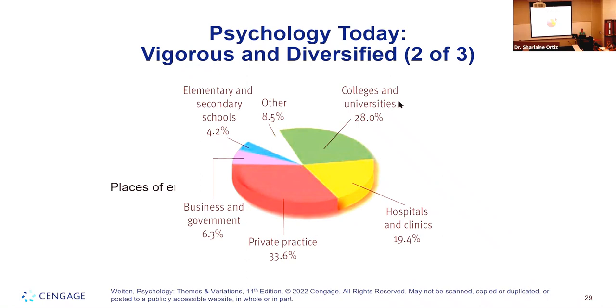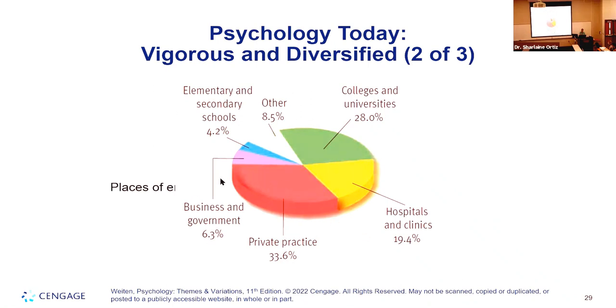Many persons work in colleges or universities. So people like me, yours truly, go Chargers, right? So people who work in that setting, the college setting, generally it's either teaching or doing research, right? So that's why you would hear often research in so-and-so university show. That's why, because you have an immense group of people that work with the universities. And as you can see, one of the larger ones is also hospitals or clinics. Generally, you're thinking more about the clinical aspect of things, more of that medical model, things you would see in the nursing field, right? So that's one of the next aspects.